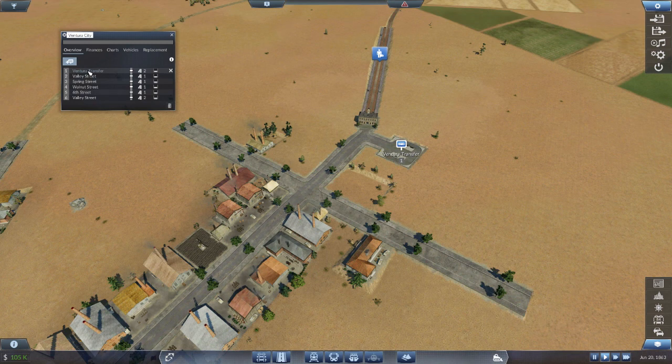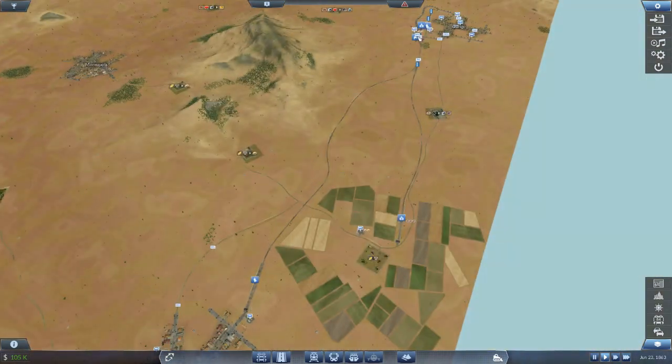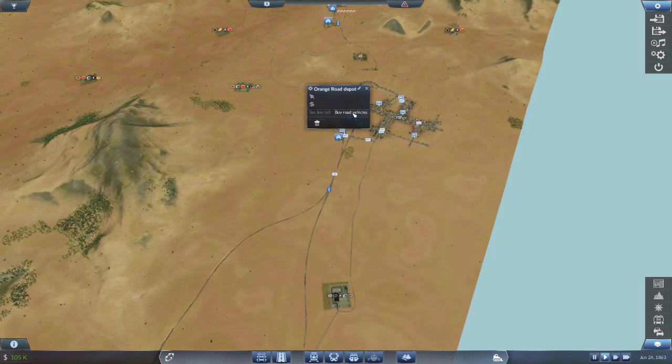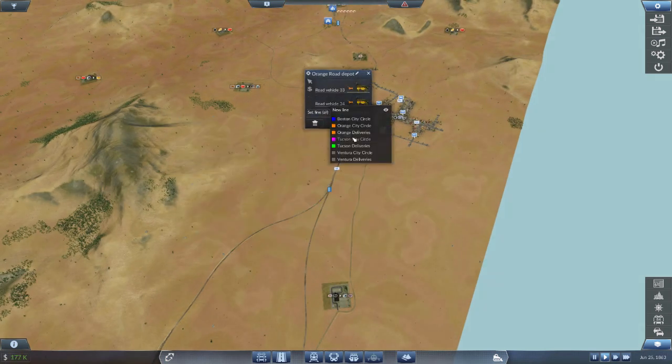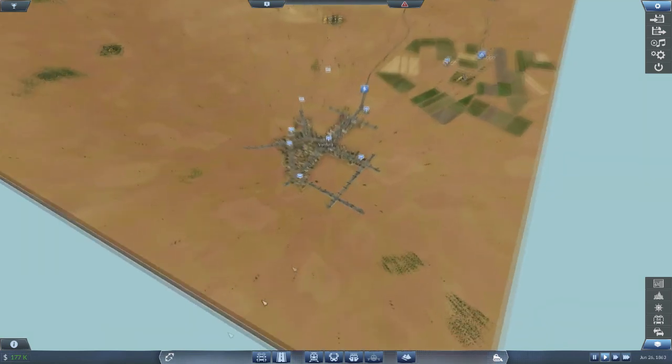City. Say it with me. Circus. Circle. So close. Now, again, we will probably just build our stagecoaches up here because I am cheap and it's worked for us so far. It will take them a little while to get there, but you know what? Life goes on. It'll be fine. We might change our tune when we have to upgrade them and we have to wait for them to go all the way back to the depot. But for now,